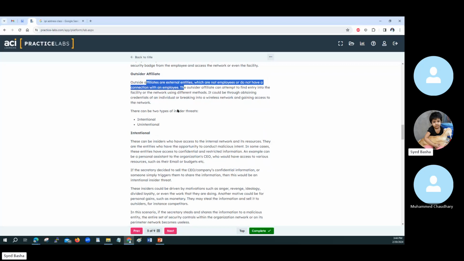Insider threats could be intentional or unintentional. We have discussed this. Intentional: he wanted to do some sort of damage to the company because he was not granted any increment or promotion. Unintentional: some employees don't know how to operate some systems. Instead of save, they may do delete sometimes. It happens.